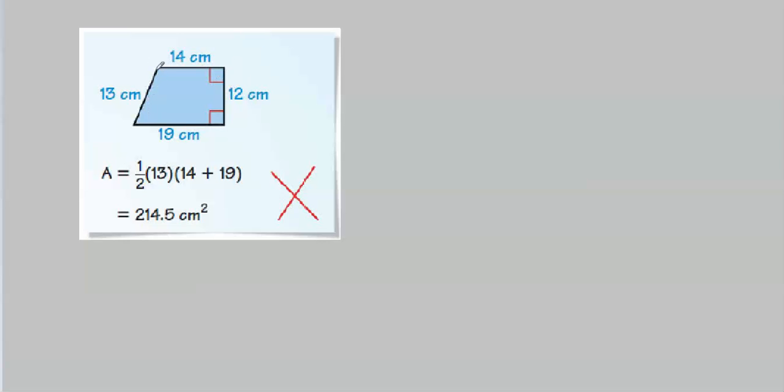Maybe that's what they were going to do. I guess if they put it to a vote, maybe the majority will decide that this is an altitude. They can vote on it and decide that this is actually right. And from then on, every bridge they build will fall down. But we'll do it the right way. This is an altitude, and it should be 1/2 of 12 times 14 plus 19.